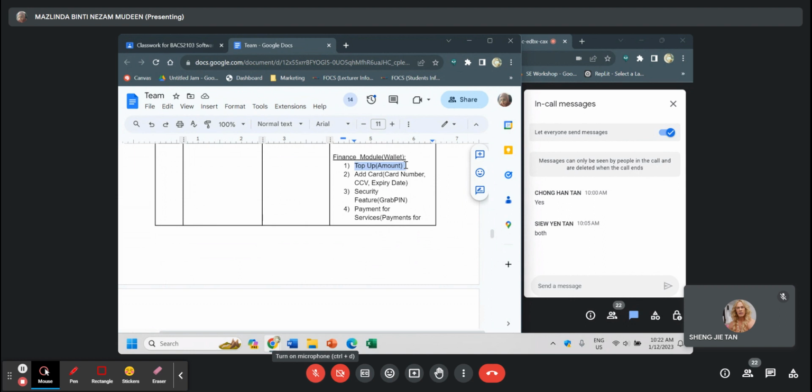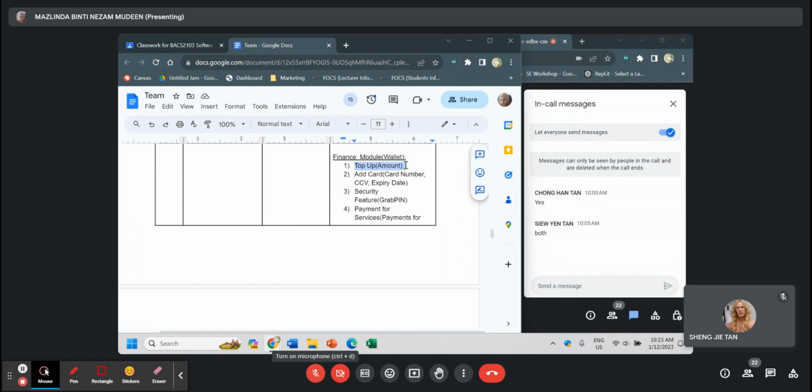Because when you click on the Grab and then you reload, right? This is reload, correct? So when we click on the reload, it's actually giving us the option of what methods, correct? So once we click any of these methods, it actually brings us to the third party side. So we are not testing the third party side. It means like, okay, Maybank to you. So in that case, how are we going to put our test steps for the top up?